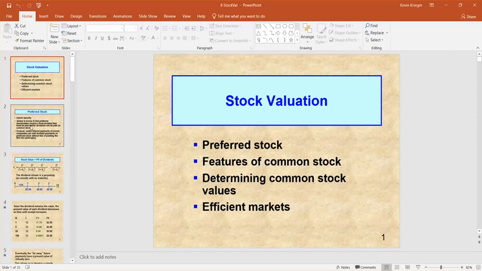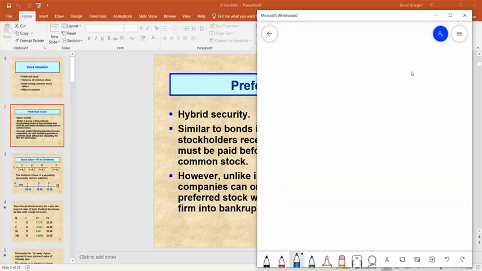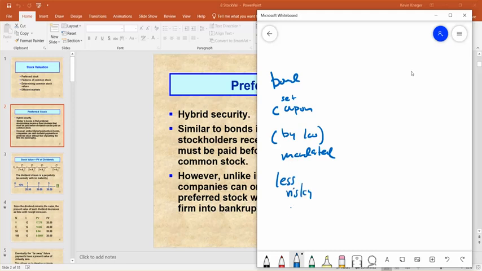So talk first about preferred stock, which is a hybrid type security. When I say hybrid type security, it's a mix between stock and bond in terms of its characteristics. A bond has set coupon payments, but they're not just set as a matter of practice, they're set by law. They're mandated. You have to repay them. And because of this, a bond is less risky from the investor's point of view. Common stock doesn't have set